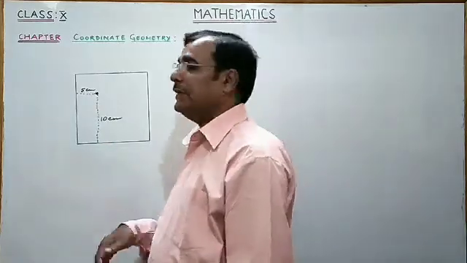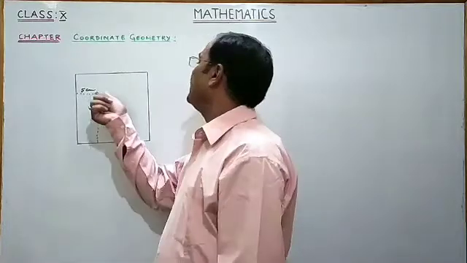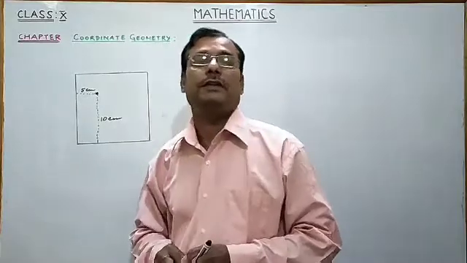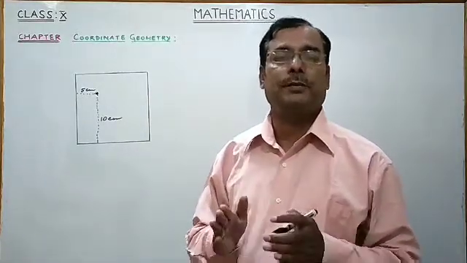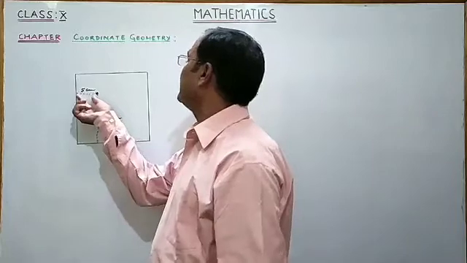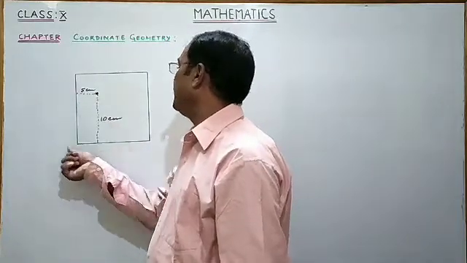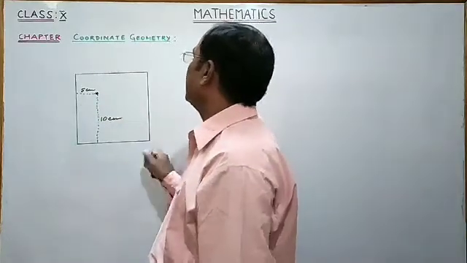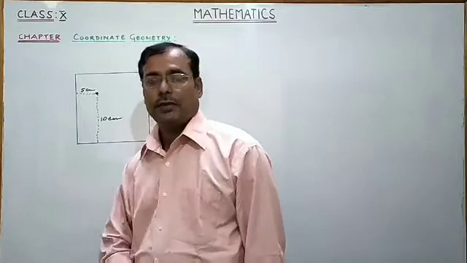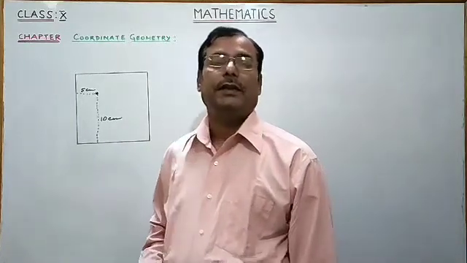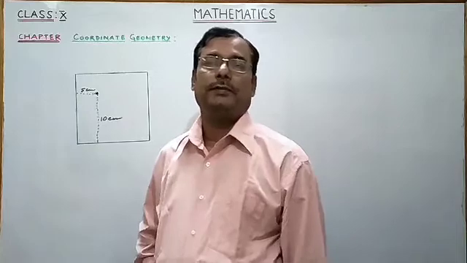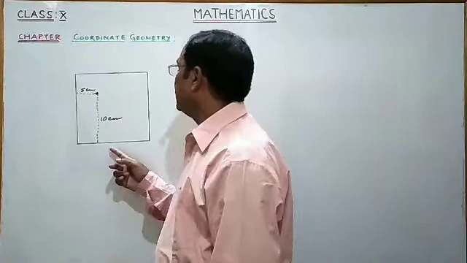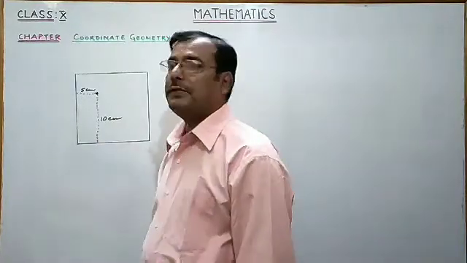Therefore, we can say, in other words, that to locate this dot on this piece of paper uniquely, we need two independent pieces of information, which are distances from two perpendicular lines. So here you have observed that any point or object lying in a plane can be represented with the help of two mutually perpendicular lines. These lines are called reference lines.